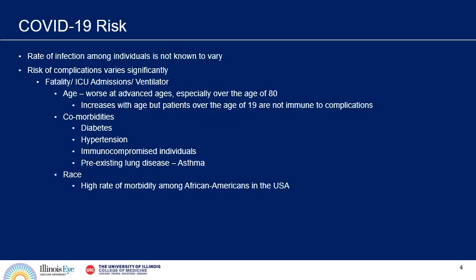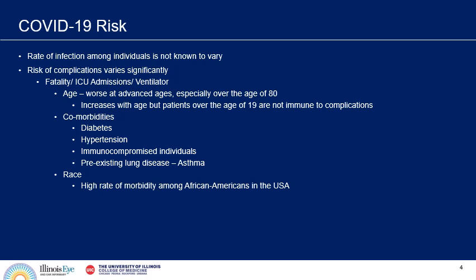The rate of infection among individuals is not known to vary, meaning that there doesn't appear to be a predilection for patients who have comorbidities or are immunocompromised. However, the risk of complications of having the infection and becoming symptomatic appears to vary very significantly, and that